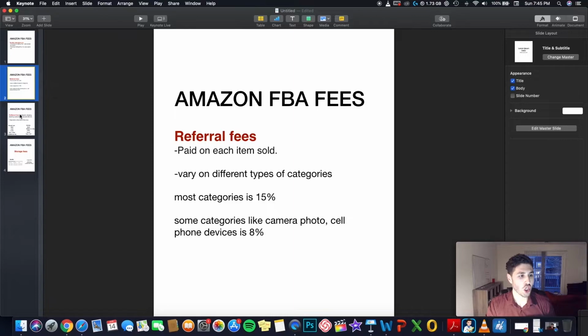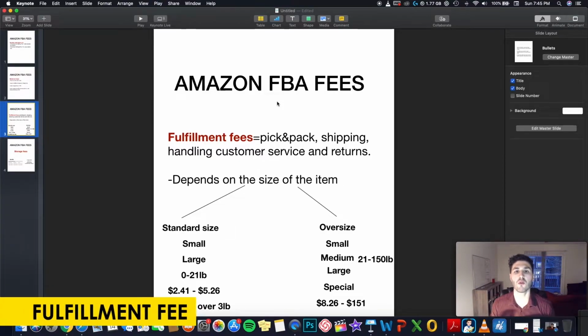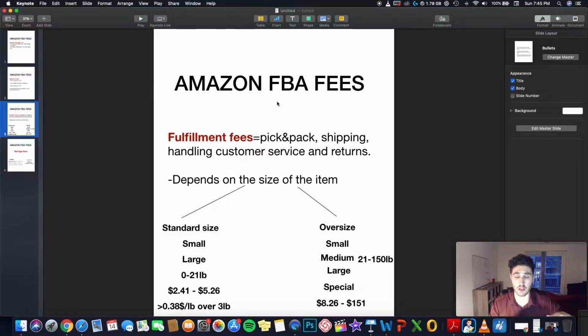Then we're going to another type of fee. It is called the fulfillment fee. In this fulfillment fee, basically you get all the picking and packing of the product. Amazon stores the product for you. All those people who work in these fulfillment centers have to get paid, right? They go and pick the product, and then they package it for you,